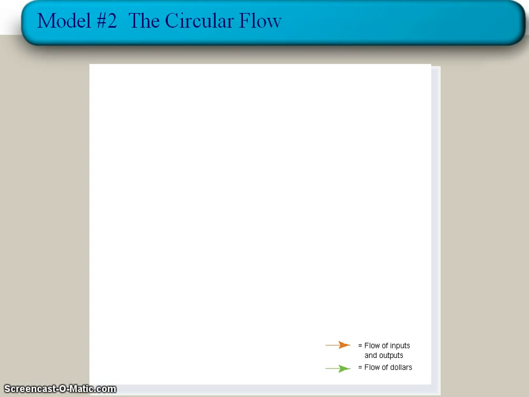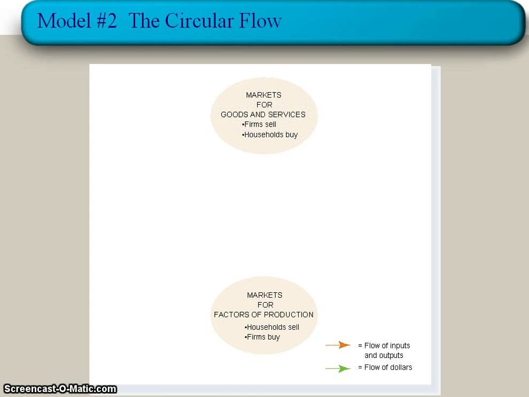And maybe if I show you the chart this time, it'll make a little more sense. Basically, there are 2 markets in the world that we use. The first market is one that we learned about last semester. They're called factor markets, or markets for resources, things like land and labor and capital. And the other kind of market is what's called a product market. And we learned about that most of last semester. That's where people buy and sell goods and services.